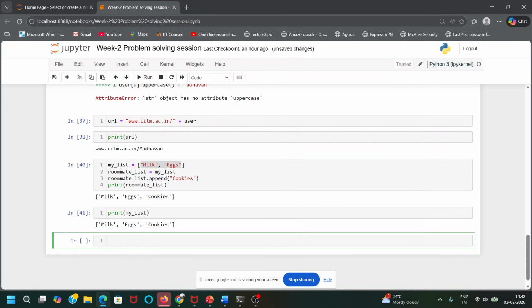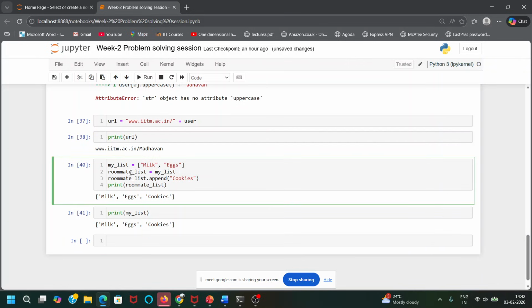Whenever you assign an already existing list to another list, whenever you change the other list, the first list will also get changed. This is the problem called the mutation problem, so we have to be very careful about this.